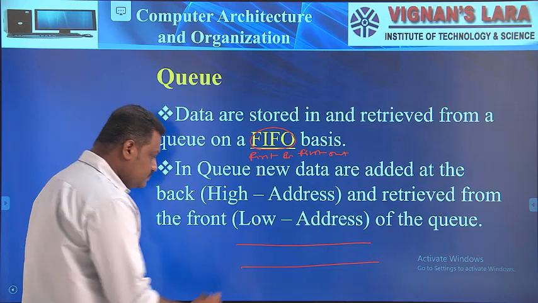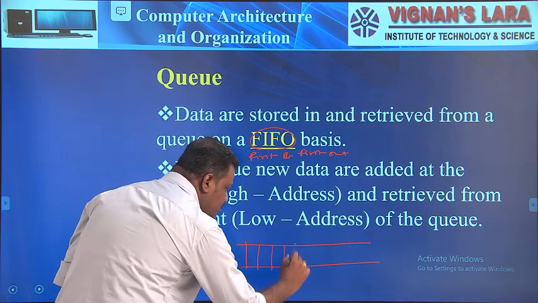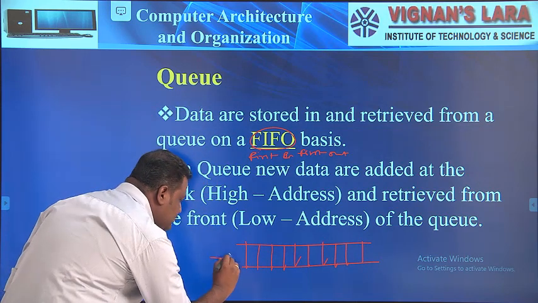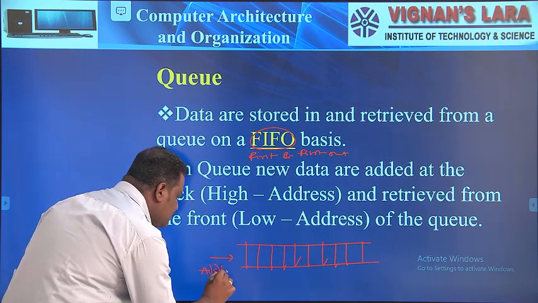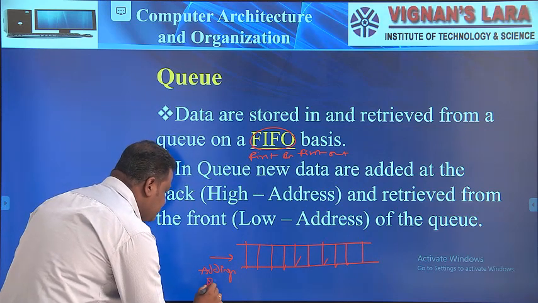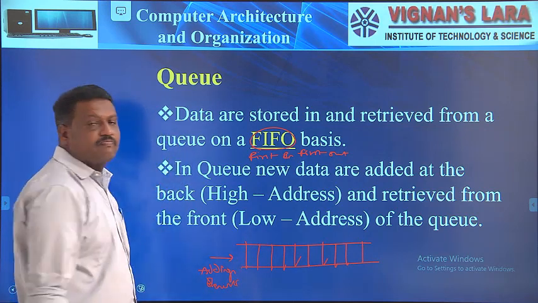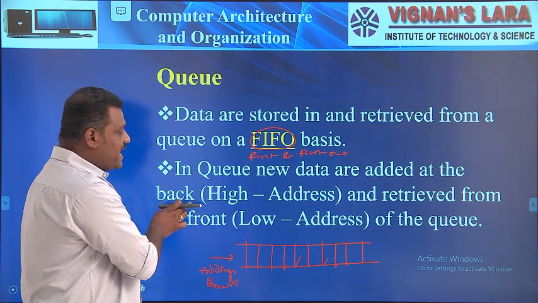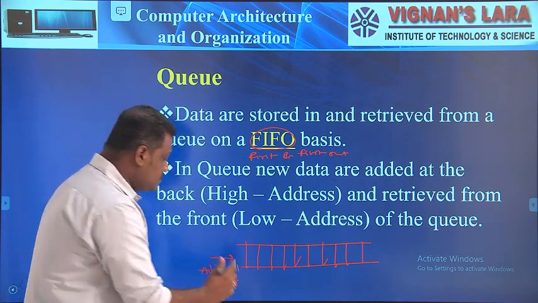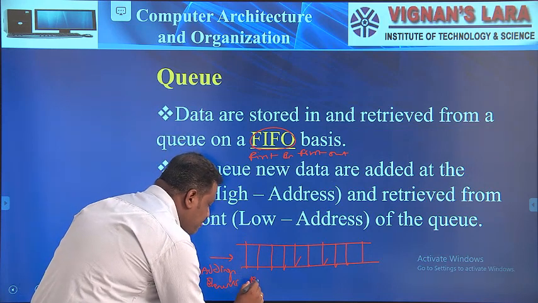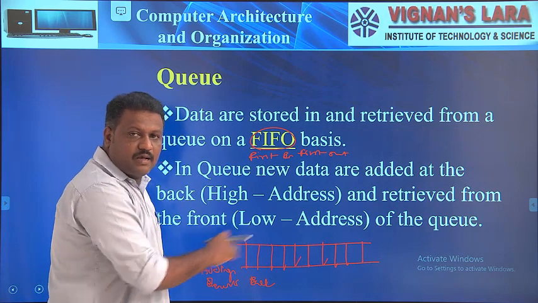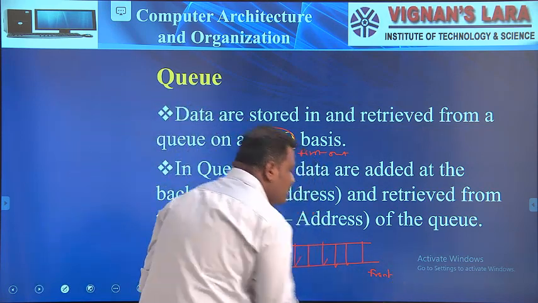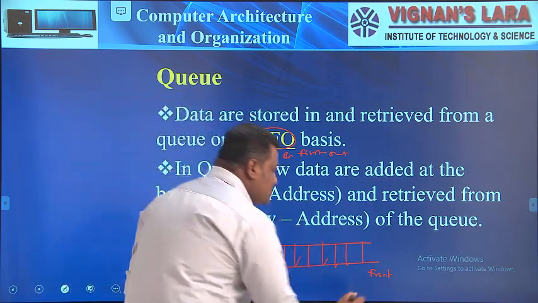This is a queue. These are the different locations present in the queue. At this end, I was adding data elements. This is what we can call the back, that is higher order addressing. So this is the queue back. In the queue back end, I was adding data elements, and this is my queue front, which is a lower order address. From this, I was retrieving